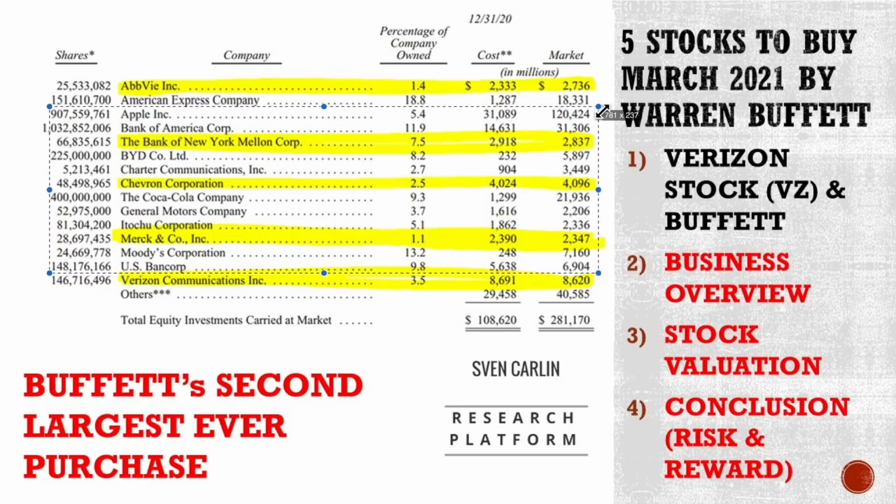Of course the performance there is stellar. What's there? 4x up on Apple. Bank of America, he did a convertible bond deal, so I would not categorize that as a purchase. And then the second largest purchase, here we go, Verizon Communications. So very interesting to look at it now, as we can still buy it at the same level Warren Buffett